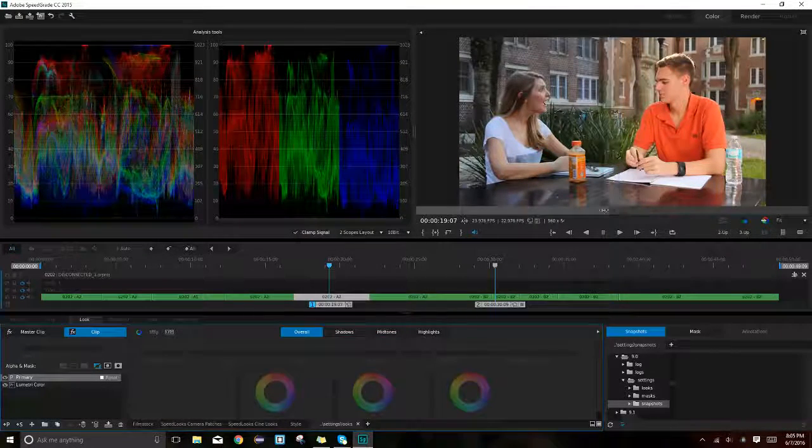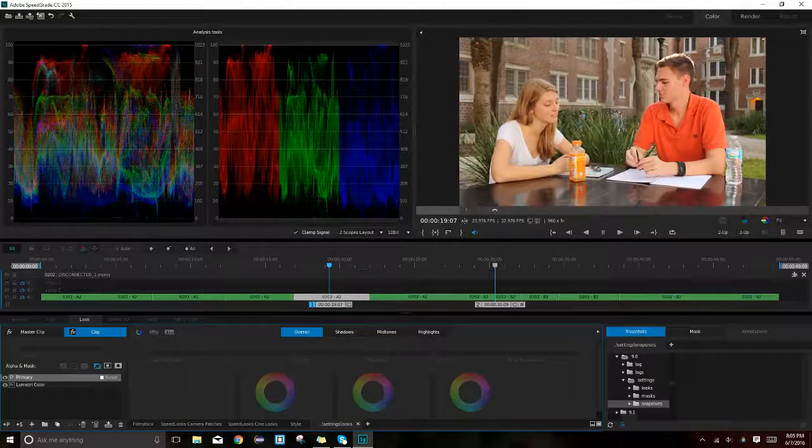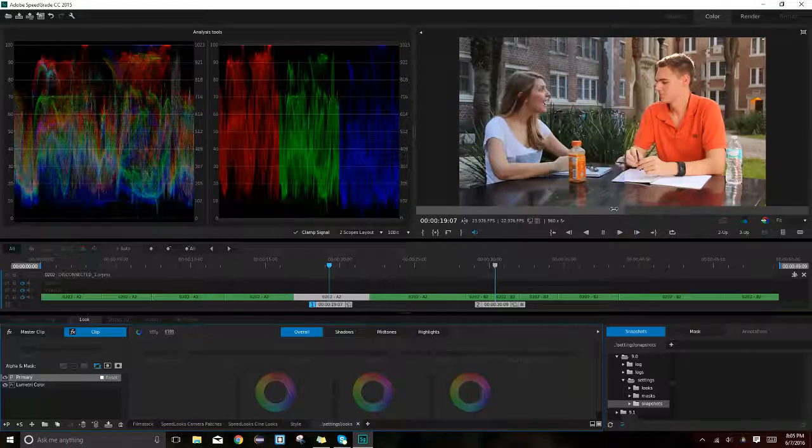It's funny because when it's the exact same shot, it actually does look like it could be just a straight up line down the middle between these two, because the camera's in the same place. So that's pretty funny. But I can shift across how I want the shots. Basically, I can use this to reference and try to get the two to match pretty closely. And that's what I'm going to do first, because these are the two that are super obvious. I will eventually go back and fix all the close angles too, to match. But just looking at Speed Grade, if you haven't used Speed Grade before,